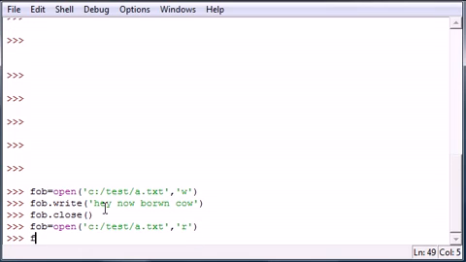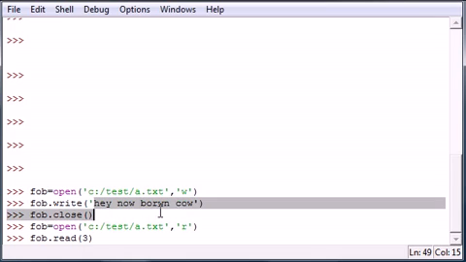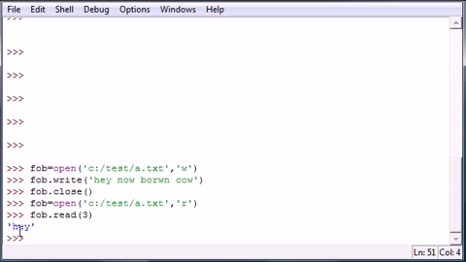Once you have your file object, in case you didn't figure it out, you can use the read function to read from your file. The read function actually takes parameters, believe it or not, and the parameter is how many bytes you want to read, and a byte is the same thing as a character, whether it be a number or a letter. Let's read the first 3 characters of this file, which includes hey now brown cow. Press enter and it says hey, since it's 1, 2, 3. I gave you the first 3 bytes. This takes parameters because sometimes you don't want to read an entire file if it's huge. But let's say you did want to read an